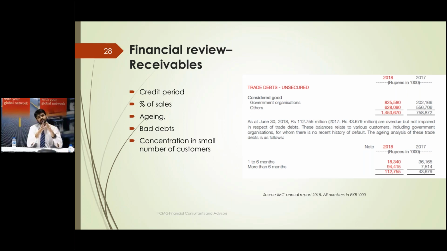So we need to consider that individual industry and how it operates in that industry. What are the industry norms? How does the company dictate its terms to clients, and how can clients dictate their terms to companies? Another thing, circling back to our sales, is the concentration of customers and the concentration of products. If there are very few customers, then chances are that they'll be dictating terms to the company. And if they dictate terms, the most common terms that they dictate are credit period and lower profit margins.